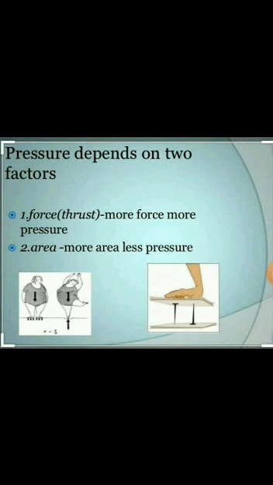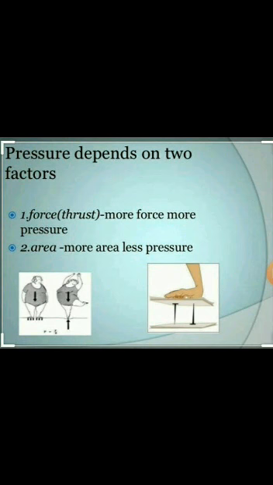Why does higher pressure act? Because the area of cross section is less, and we know very well that when area of cross section is less, pressure increases. Here, two nails are put, one head and one tip. When force is applied on the nails, the person feels penetration on the side which has less area, and on the side which has higher area, the person feels less penetration.